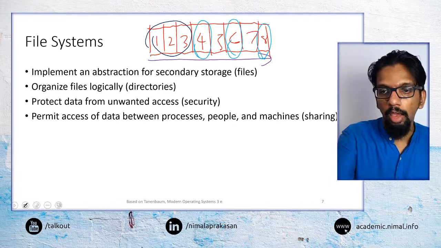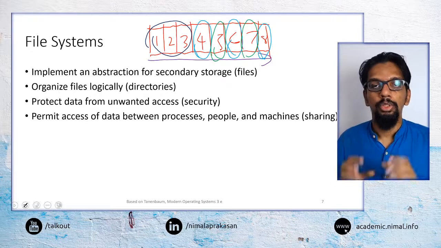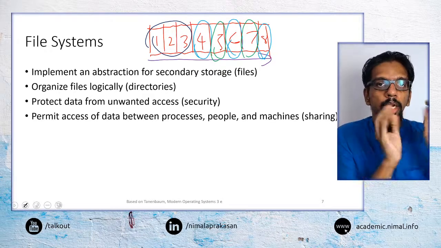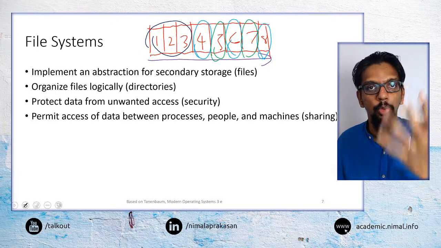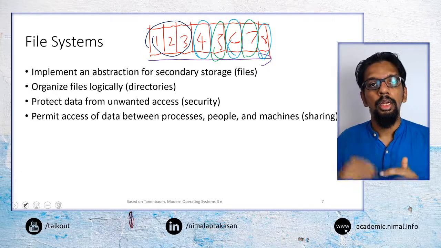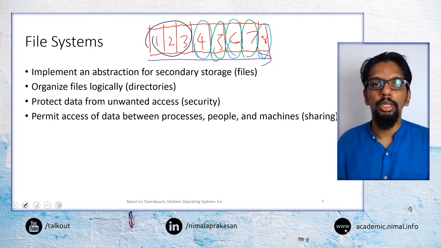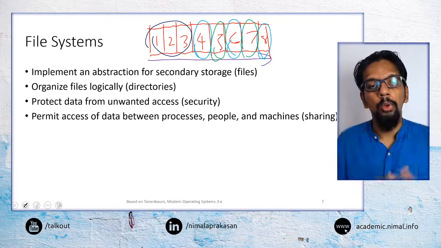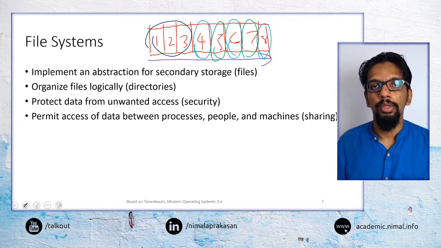And then maybe having 5 and 7 in a different directory. So the logical organization within the computer that is normally presented to the users doesn't have to be the same as how it is physically stored in the storage medium. So that organization will also be handled by the file system of the operating system.